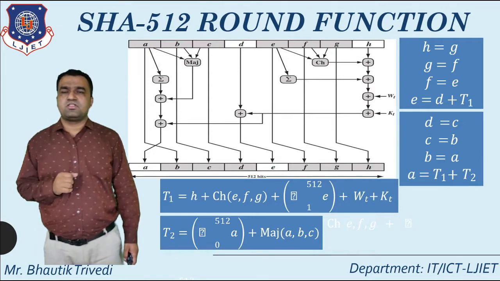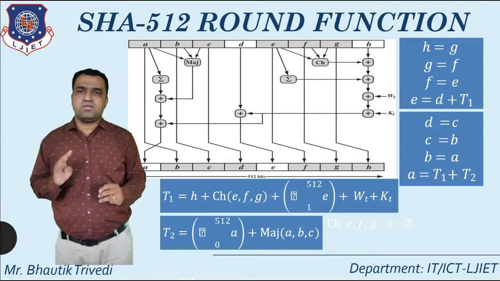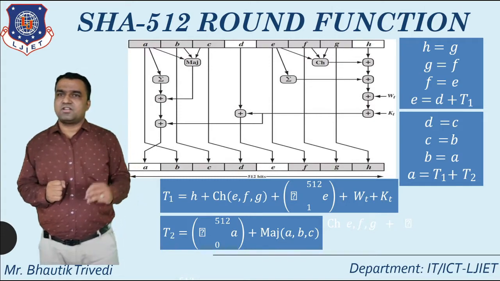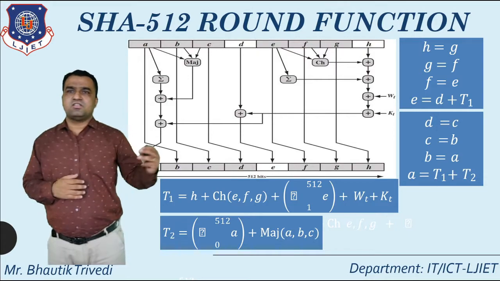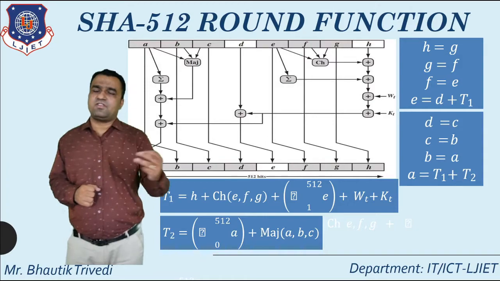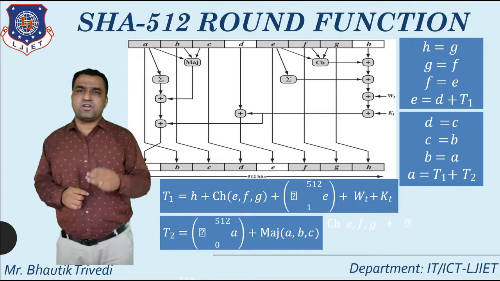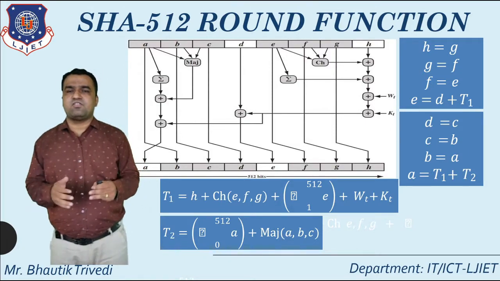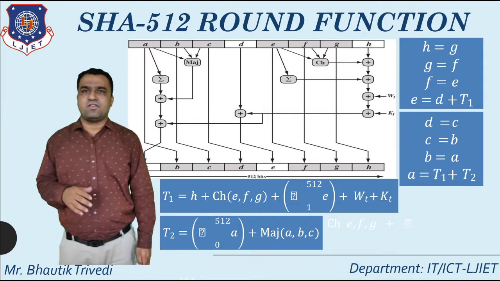Remember that if you talk about the concept of SHA-512, there are mainly four important things. First, the introduction of SHA-512. After that, the different categories of SHA-512. Then the block diagram of SHA-512. After the block diagram, you describe it using the different processing steps. Then the final one is the SHA-512 round function. So that's all about the concept of SHA-512.